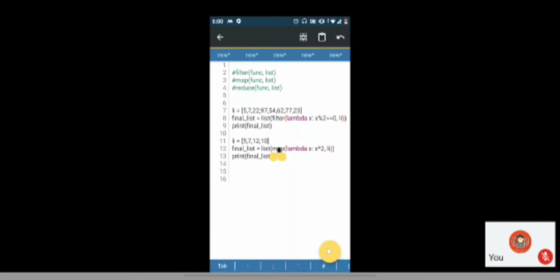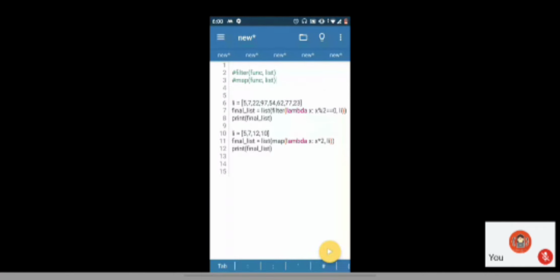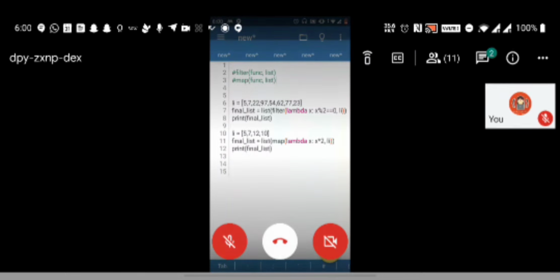So is this clear for everyone? Reduce we'll see next time, because apparently reduce is not directly available, you have to import it from some other library. Till now we haven't looked into how to import functions from different libraries. When we see those things, after that we will see the reduce function. Okay, is this clear for everyone? Whatever we saw today, the anonymous function, I think that is the only new thing. Apart from that, we just did quite a lot of questions.